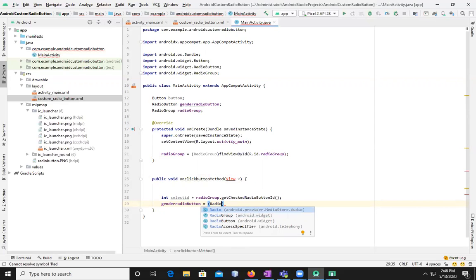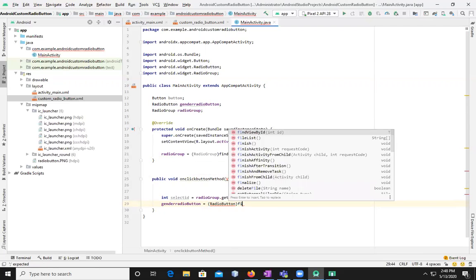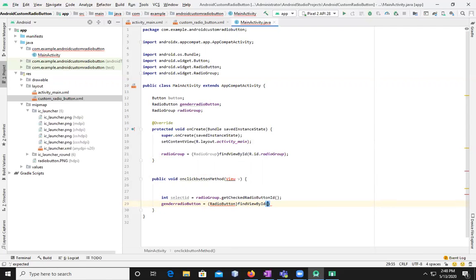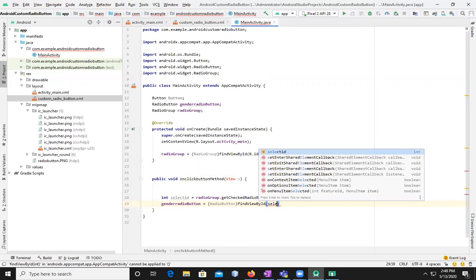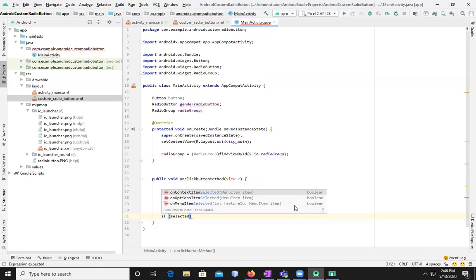So radio button, not radio group. It should be radio button. And same as what we did before, findViewById, selectedId, which is the variable we just created here. So this selectedId, whatever is there, it will be stored in genderRadioButton. Next thing is, now I'm going to use if, based on selectedId,